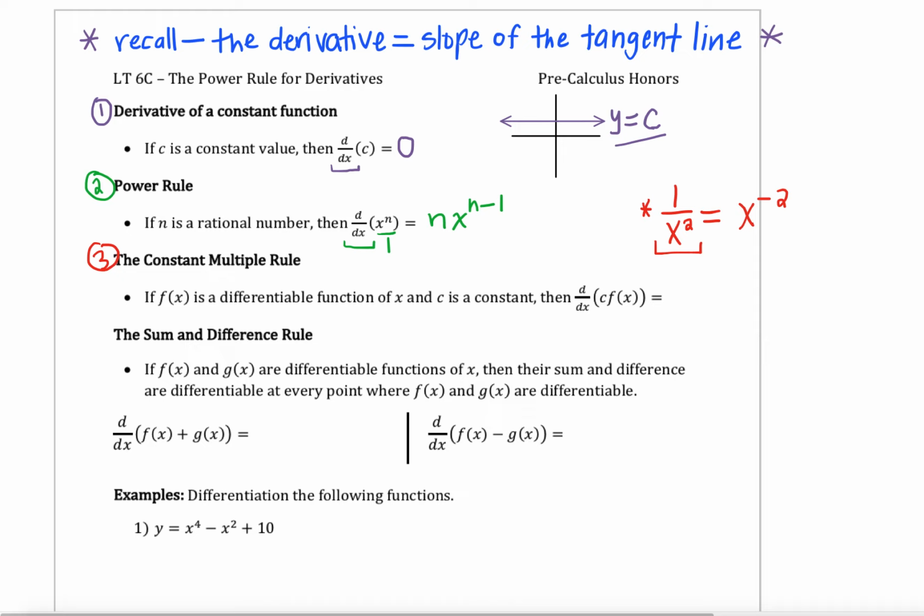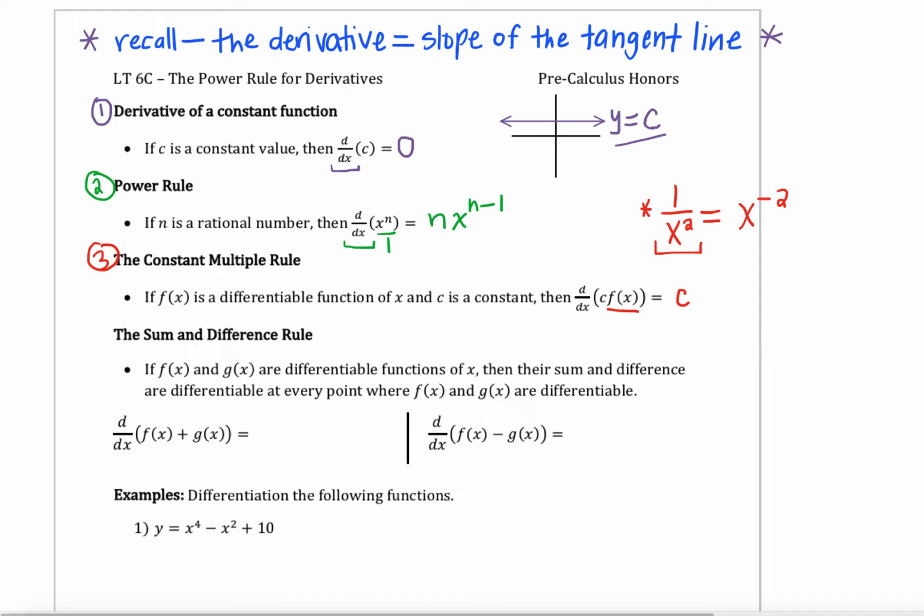So if f of x here is a differentiable function of x, meaning that the derivative of f does exist and I can find whatever that derivative is, and if c again is a constant, then I can take the derivative of the product of those two together. So c here is a number, it's a numerical value, it is the coefficient on my function f of x, and if I want to take the derivative of that product, the coefficient here actually plays no effect into my derivative. I like to say that coefficient goes along for the ride of taking the derivative of the function itself,